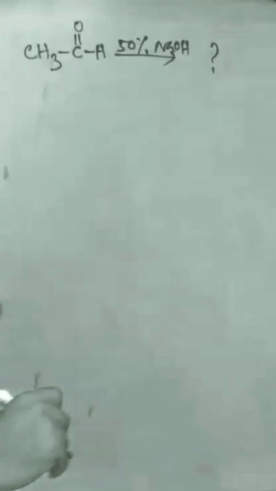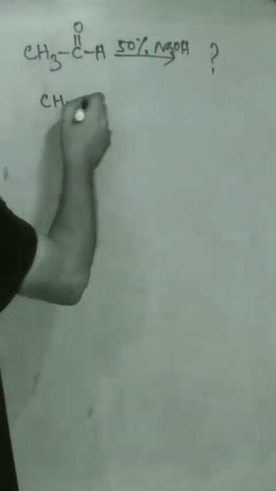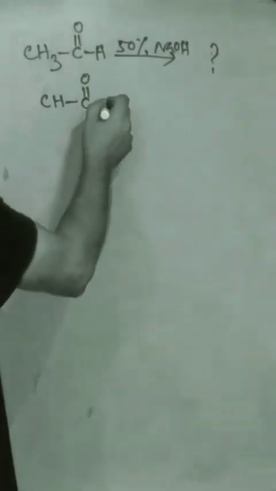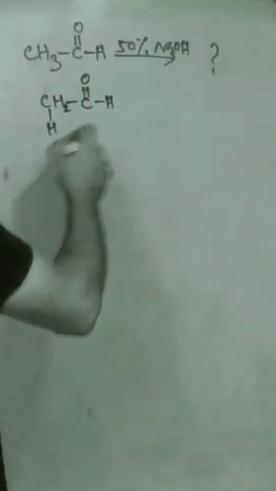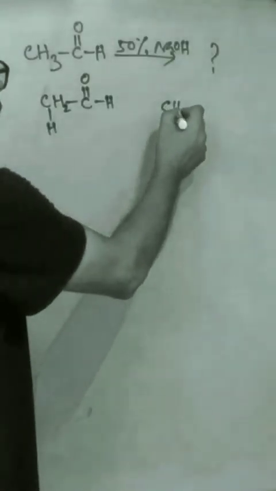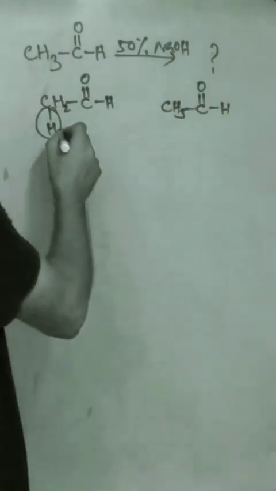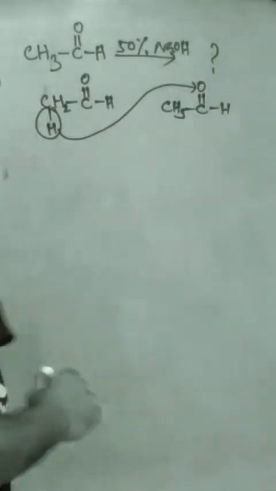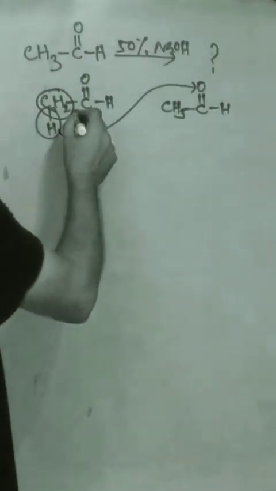Now what you will do, this CH3CHO, you will write in this form, here CH3 CH2 and one hydrogen. Okay, this is CH3CHO, and again write the same compound here, CH3C double bond OH. Then this hydrogen goes to the oxygen of the carbonyl group, and this alpha carbon bonds with the carbonyl carbon, and